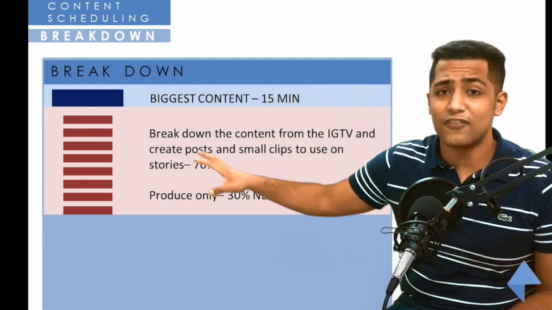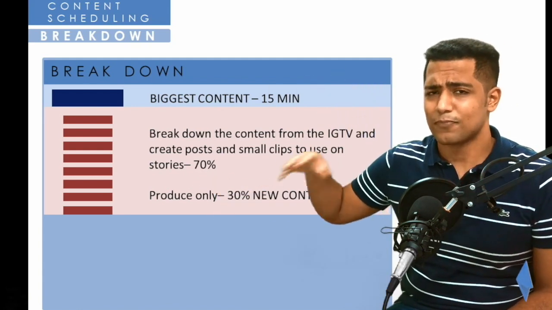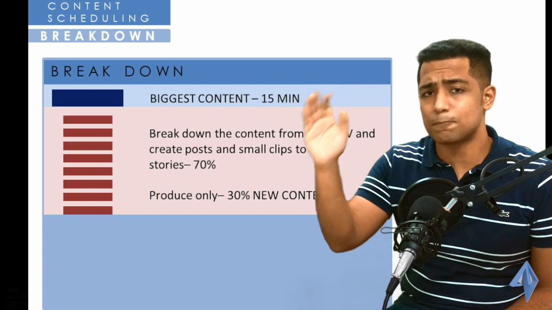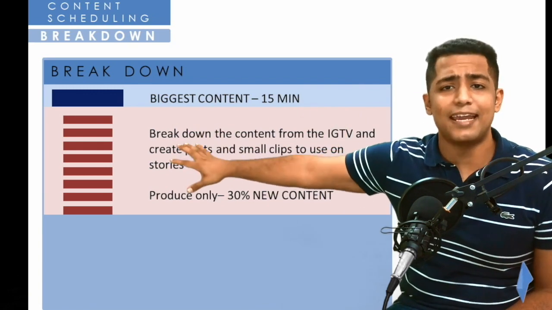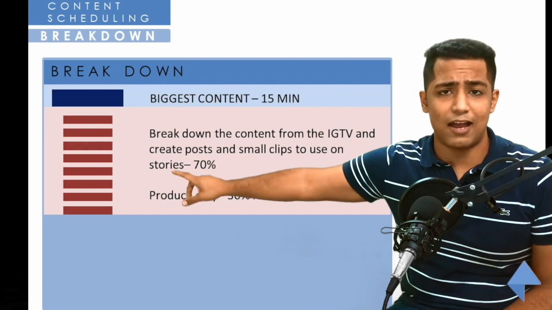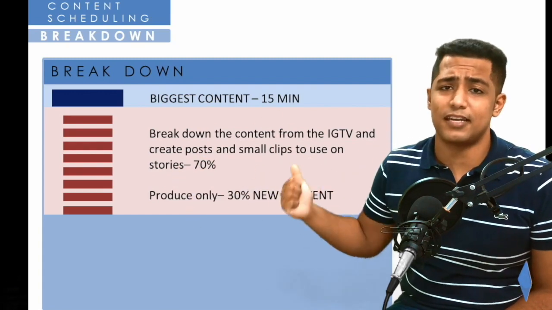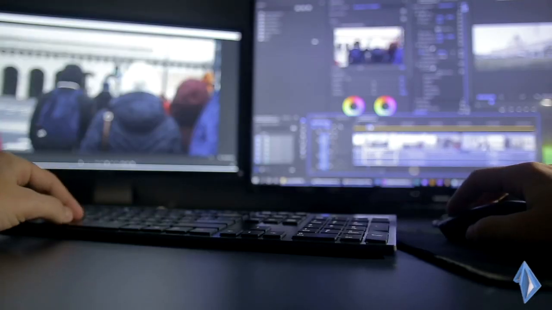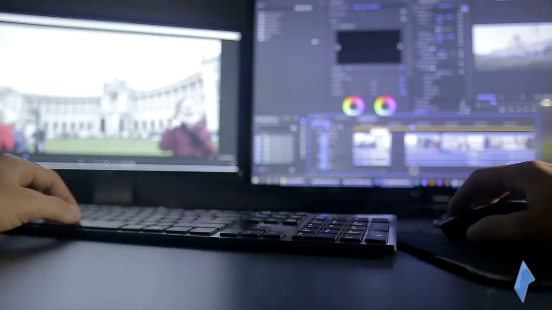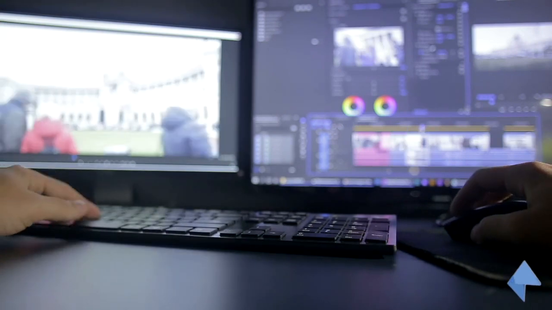Now have a look at this. We need 25 pieces of content every single week, but we split that down into 3 different parameters. Here I can see around 8 to 10 pieces of content for the stories. 70% of that can be taken from our IGTV itself. So all we need to do is have a nice IGTV video, then crop out portions which we can use